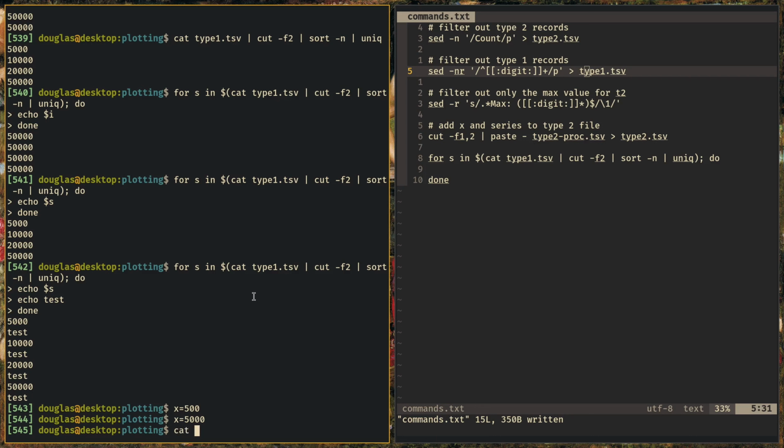Let's cat type 1 into sed. We'll use the same nr. And I want to match the second column. So I need my first column, which is going to be some sequence of digits, required, followed by a tab, followed by my second column, which needs to exactly match 5,000,